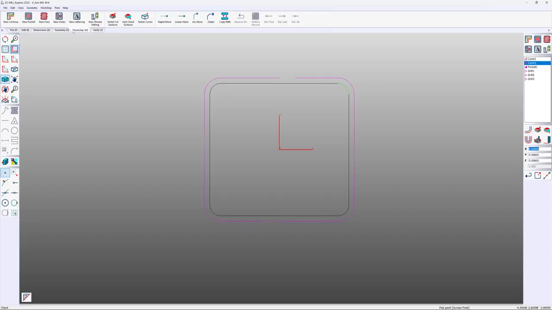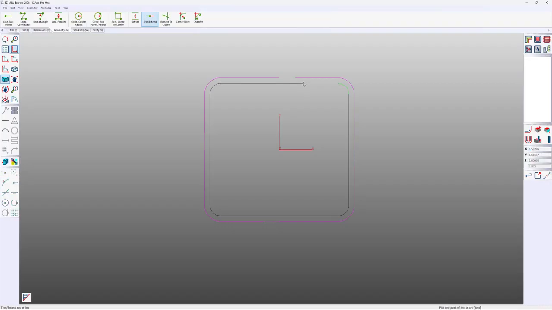So we're going to use trim and extend. We're going to click on this edge of the line. We'll come back to about here.